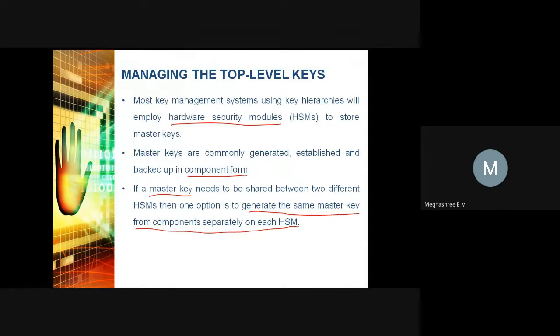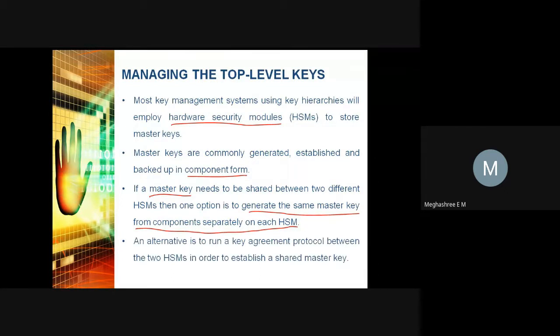So as I said, master keys need to be secured, right? They should be stored and securely managed. That's why these master keys are placed in HSM. That is the safe place where you can store them. Here, what if the master keys need to be shared between two different HSM? In that case, generate the same master key by using the component form key generation separately on each HSM.